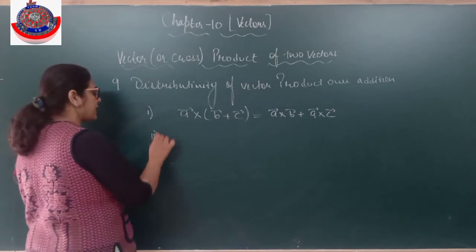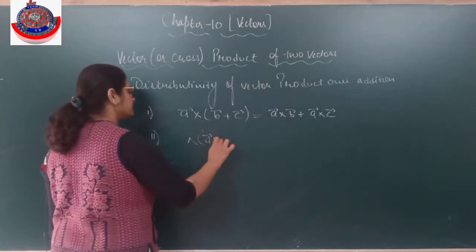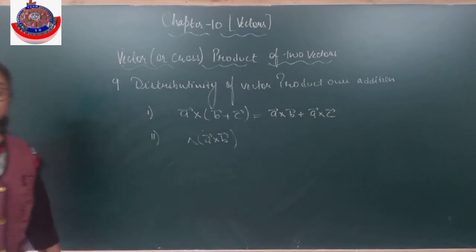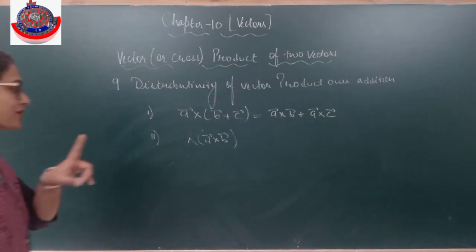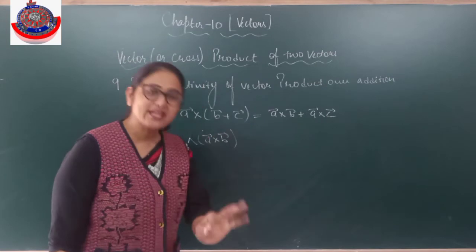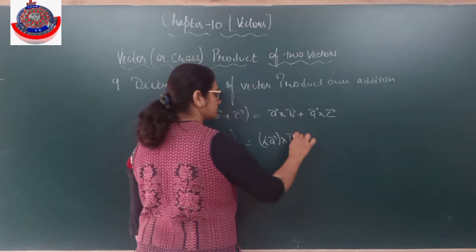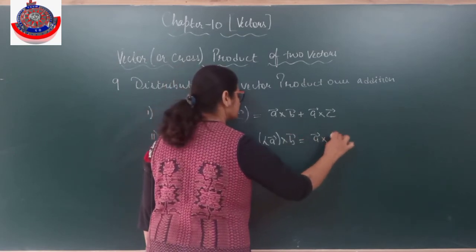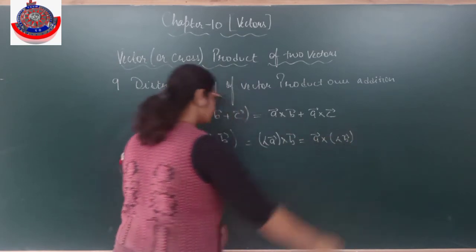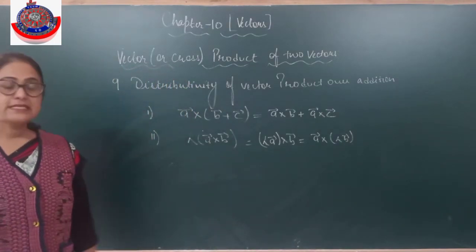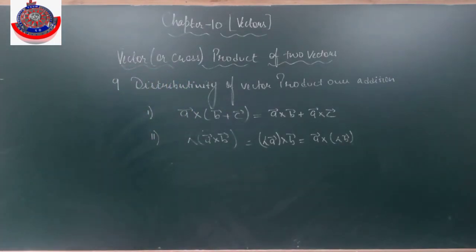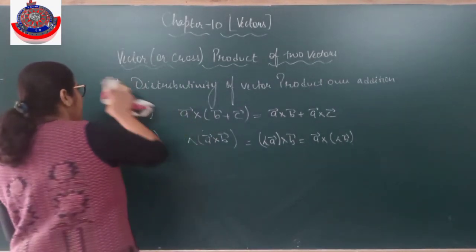But if I multiply by some lambda, some scalar, that does not matter. Again, direction you can't change. A first position पे तो A first position पे ही रहेगा. So it will be like this. Is it clear? A cross B plus C is A vector cross B vector plus A vector cross C vector. But this way it will remain. With the scalar it does not matter.